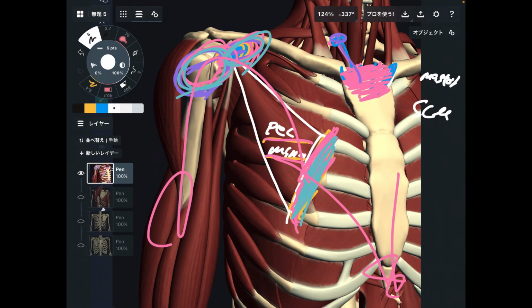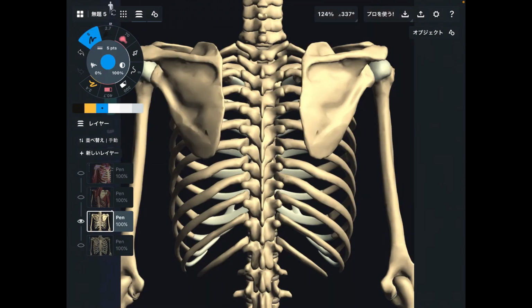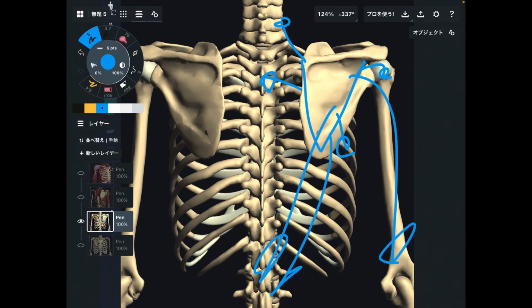You can say the same thing for other structure like scapula. Scapula is here. There's connection with thoracic spines. There's connection with cervical spines. There's connection with rib cage, with shoulder joint. If you follow this connection, you can go to elbow, you can go to lumbar spines, you can go to pelvis, head, so many places.